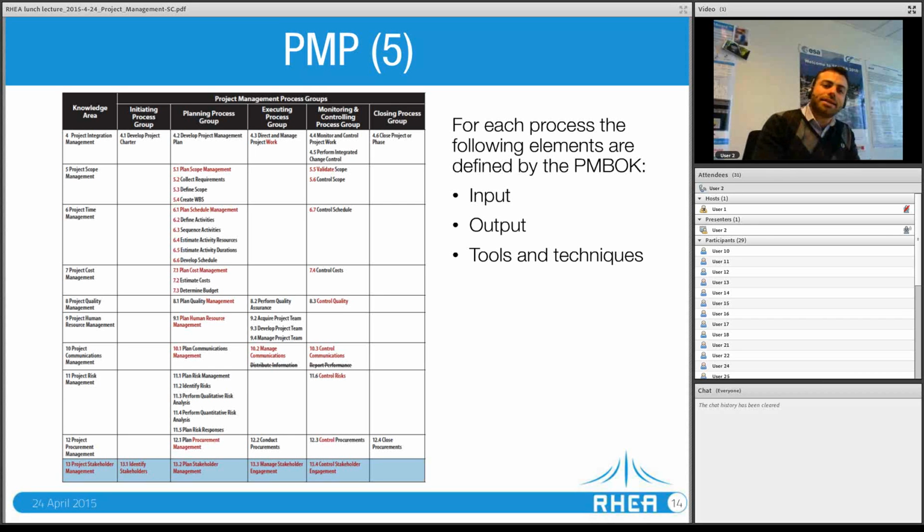Now, here, different from Prince2, we do not have a nice flow chart where we can put together all these processes. One of the exercises that we did during the PMP exam preparation course, the trainer gave it to us: get these processes and give me a flow chart. It's actually impossible to do because these are all linked together. And different from Prince2, because Prince2 is really a methodology. It gives you a standard that you take and you say, okay, I have a Prince2